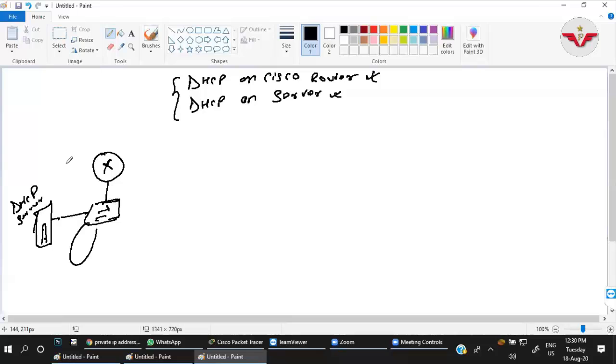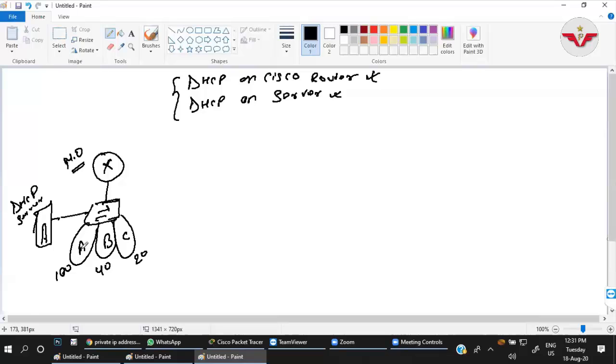Say this is my main office. I will create 3 VLANs. In network A, suppose my requirement is 100 PCs. In network B, my requirement is 40 PCs. In network C, my requirement is 20 PCs.